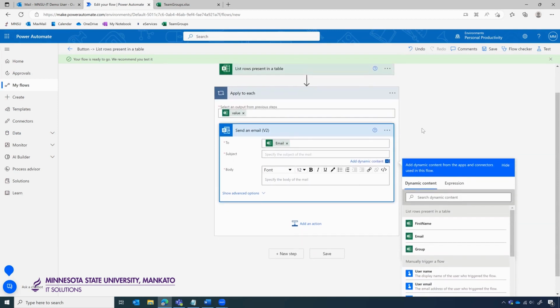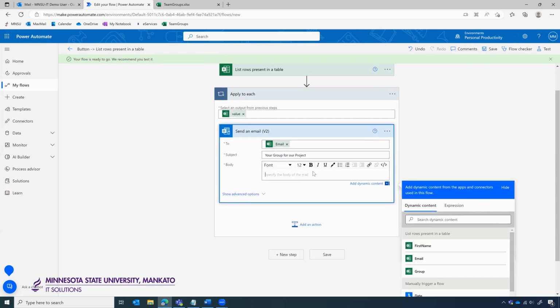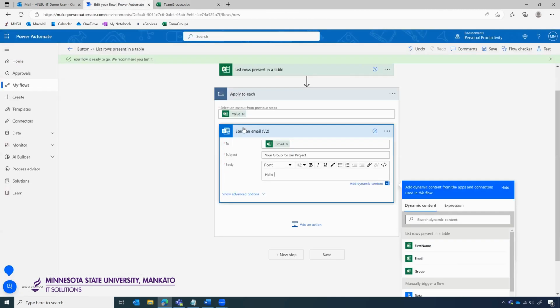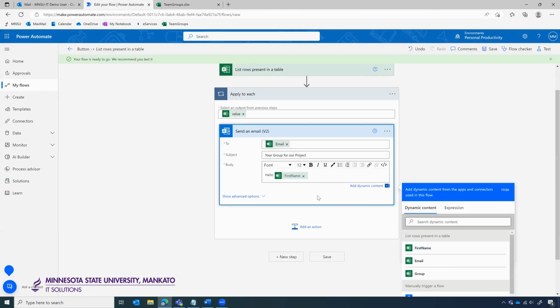And for this demonstration, I'm talking about which group the people in this list are in. So I'm going to say your group for our project. I gave my subject your group for our project. Now I'm going to write a body. I'm going to start by saying hello, and I have a field for the first name of the individuals so that I can select first name. So I can say hello first name, comma,